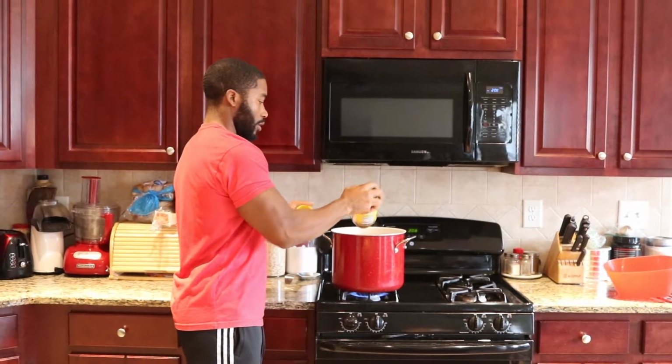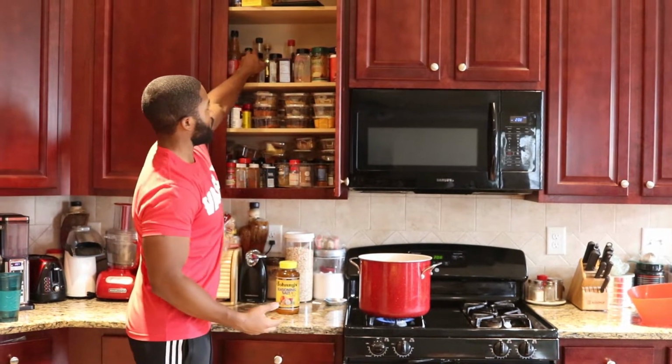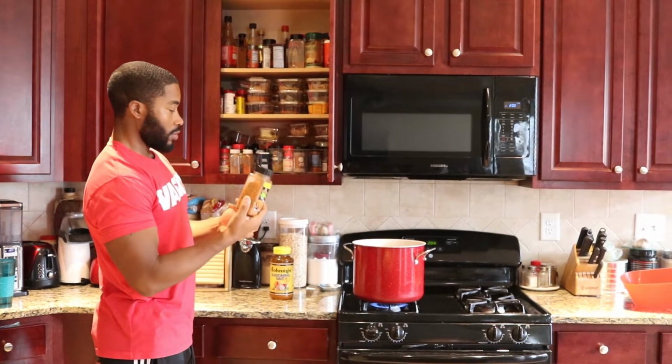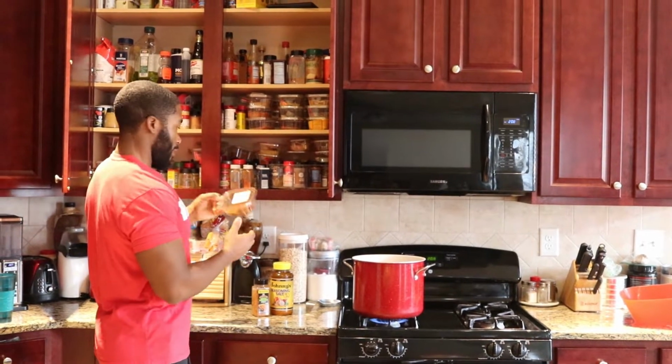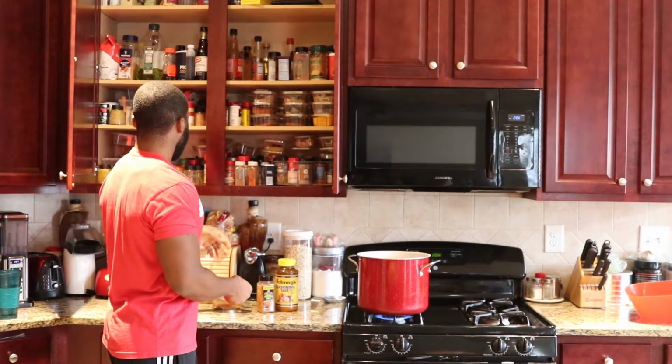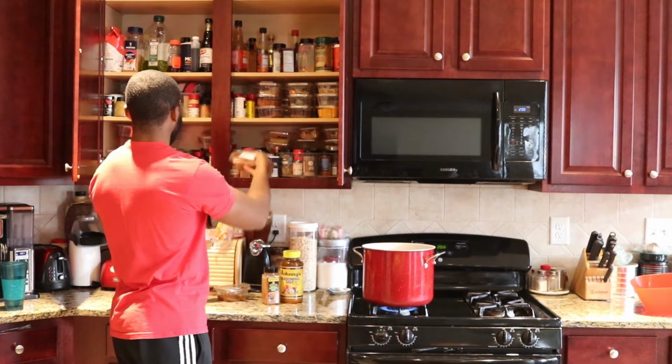Put some of the seasoning salt in there. Then while I'm over here, I'll go ahead and take out some of the other seasonings that I want to use, which is roasted garlic pepper. We also have some Creole seasoning. And where is the all meat seasoning? Louisiana seasoning,